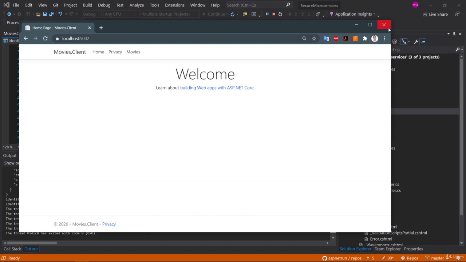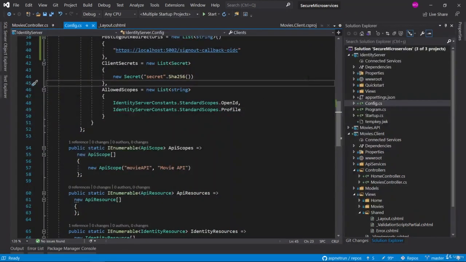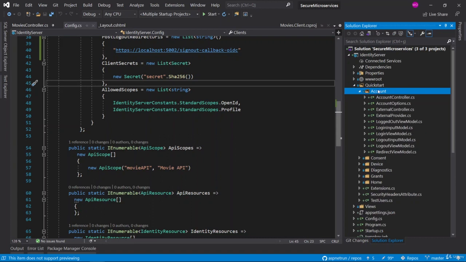It is a very good feature. So we are going to make some further implementation in here. Identity server can also redirect to the main page automatically when logout happens. So let's see this configuration, how we can automatically redirect to our main application. For that purpose, we will examine the identity server page scaffolding classes. So go to the account options class, which is generated by the identity server. Let me see the quickstart folder, account folder.